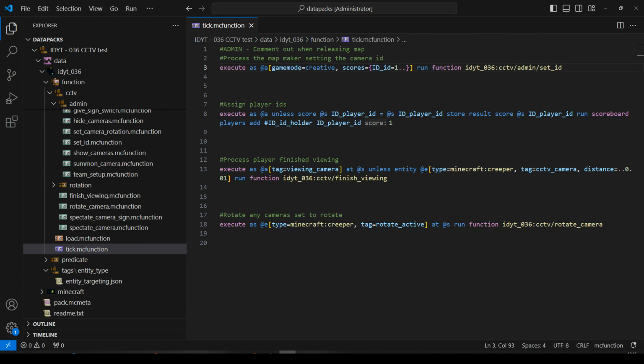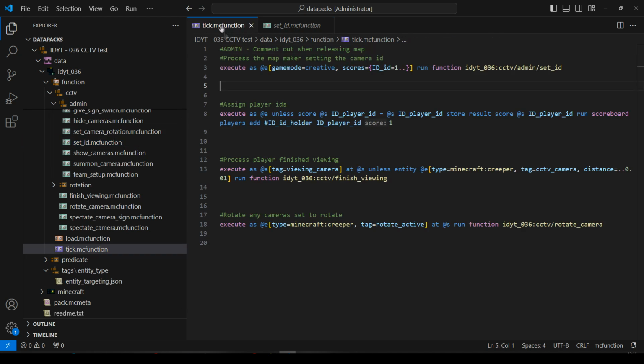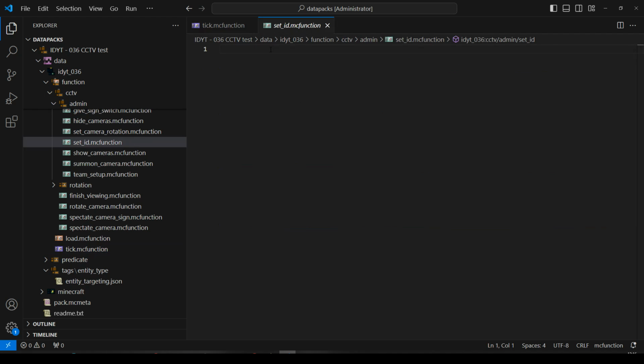Okay, now let's go off to set ID. We'll keep tick function open for now. Let's go to set ID. So the player has done their trigger. They've set it to a number that's 1 or higher. What shall we do? Well, what I want to do here is